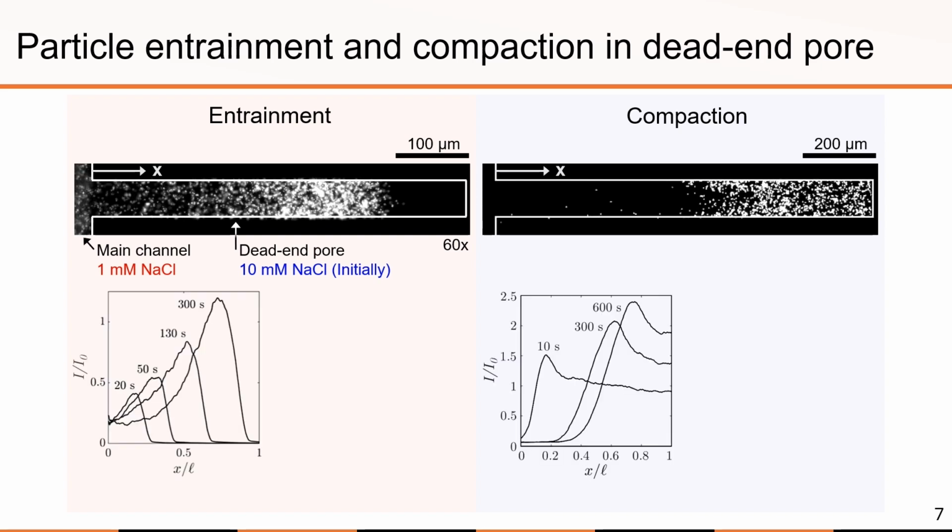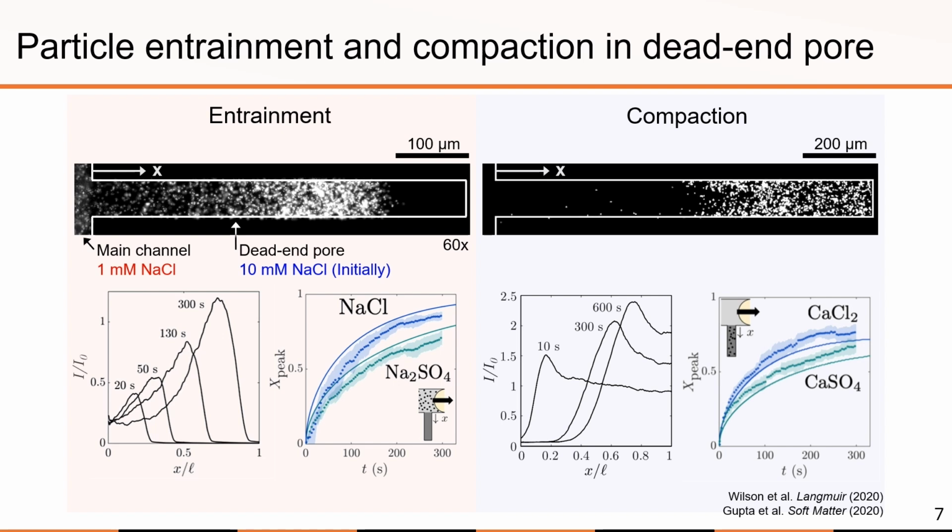To compare with one-dimensional transport equations, we detected the fluorescent intensity distribution at different times, and the peak location was chosen as the comparison parameter. As you can see from the comparison plots, this strategy works well, and we were able to investigate diffusiophoresis of polystyrene particles under multivalent electrolyte gradients and in the presence of varying zeta potential. So far, it appears that the dead-end pore experiments are meeting our needs by confirming the predictions of the one-dimensional